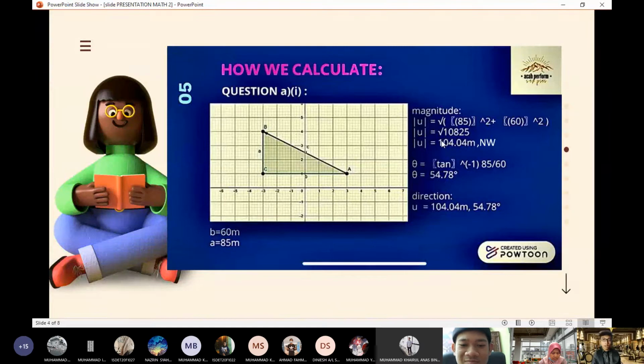Then we have to find the angle using the formula shift tan of y divided by x, which is shift tan 85 divided by 16, so the answer for the angle is 54.878 degrees. And the direction of this total displacement is 104.04 meters and